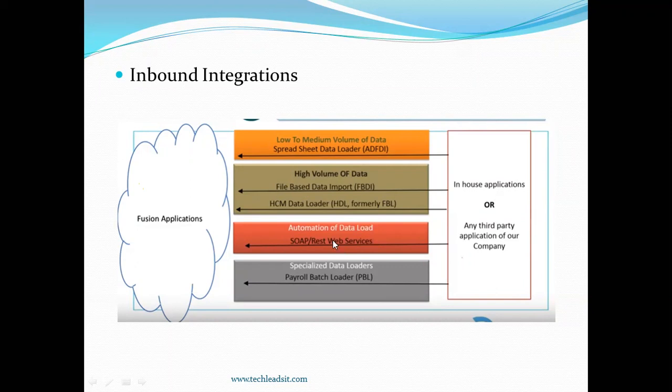For example, I will give a real-time scenario from one of the business cases. Let's assume one of the third-party systems is Siemens applications. Siemens applications created an opportunity in the sales module. The same opportunity I'm trying to create in our Fusion applications with the help of an automation process. So how can I do it? Simple. I'm trying to find the contract-related web service.